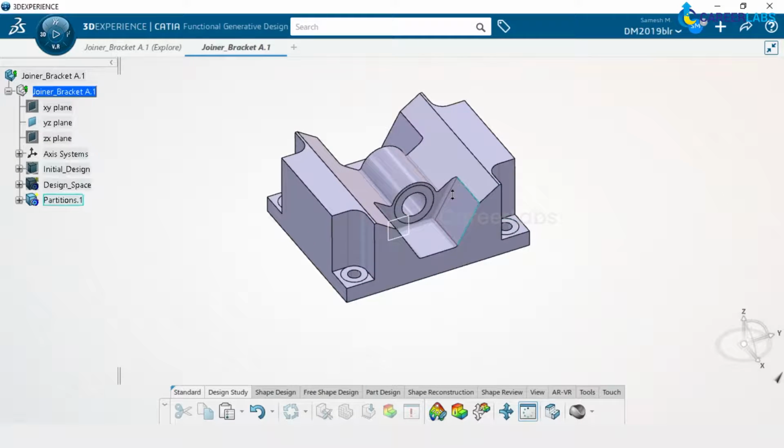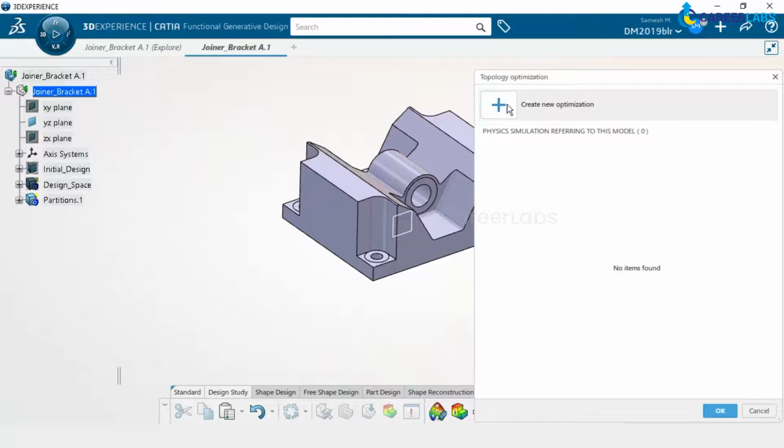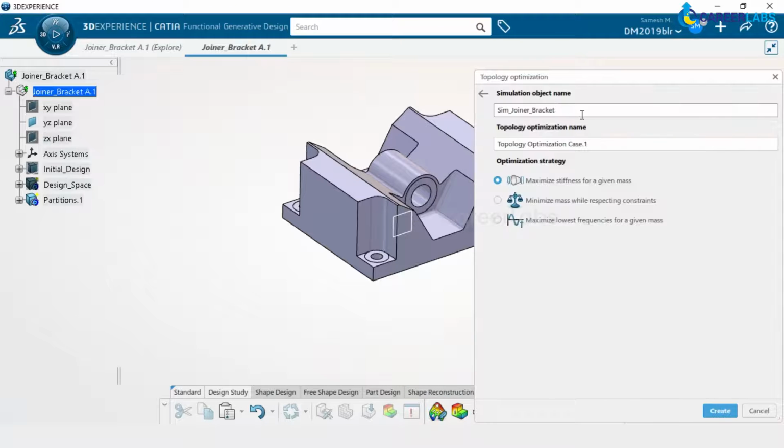Okay. Next, we have this option of creating topology optimization, where we go and click on it, and then we create an optimization task. So I click on optimization task, and I say there are actually 3 ways of doing optimization, where I would go and select the first one, which is to maximize the stiffness for the given mass.